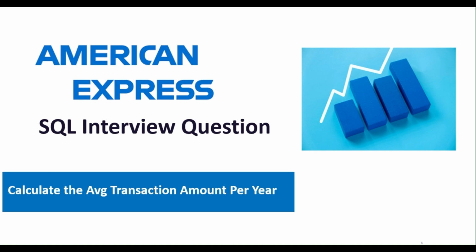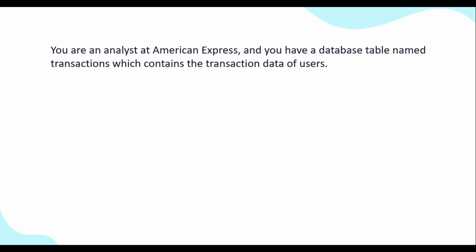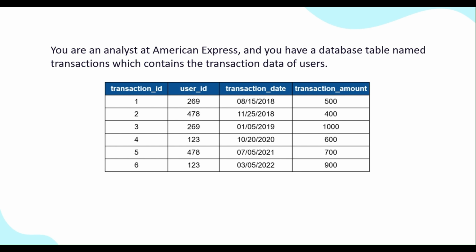So let's begin. The question is, imagine that you are an analyst at American Express and you have a database table named transactions which contains the transaction data of the users. This is the input table that you have. Transaction ID is nothing but a unique identifier for each transaction. User ID is the ID of the user who made the transaction. Transaction date is the date when the transaction happened, and transaction amount is the amount spent in the transaction made